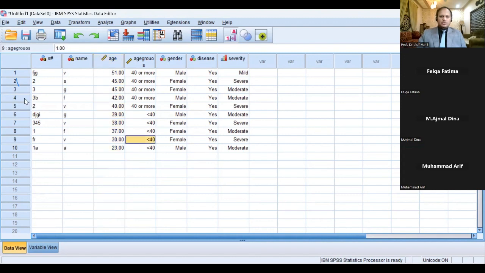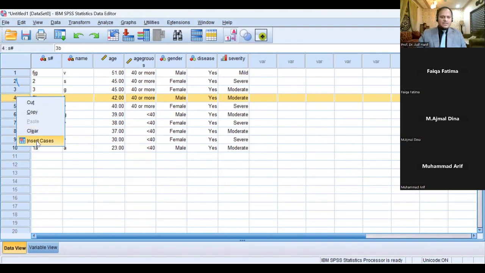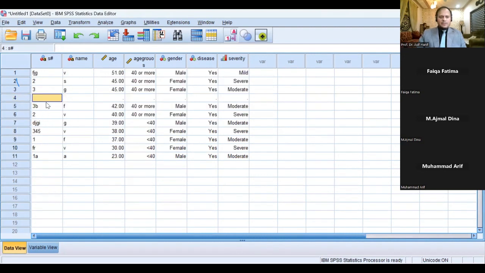For example, you later came to know that this number 4 was missing. You want to add here at number 4. Go to insert case. For example, it is this, 2, male, 4 or 3, sorry. So this is how you enter your data in SPSS. I hope you will learn it, and I'm sure by practicing, by doing this,